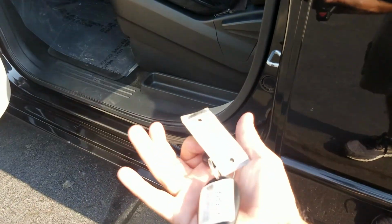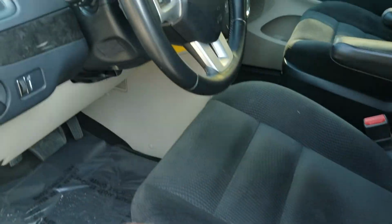Like I said, no unusual odors of smoke or anything like that. Headliner looks good. The back seats look just fine. Like I said, you got your rear air controls. You got two keys that come with the van. Got the keyless entry. See the current mileage is